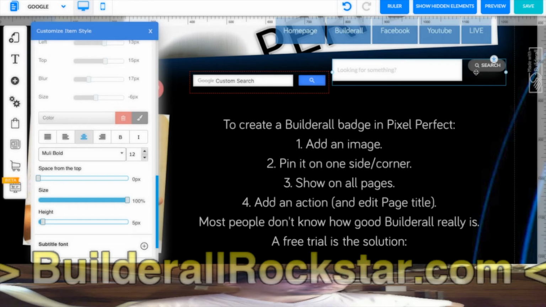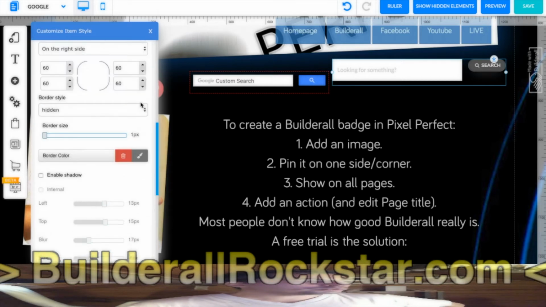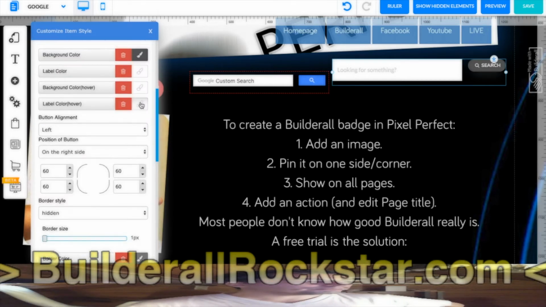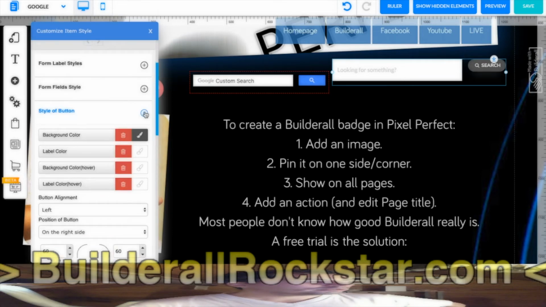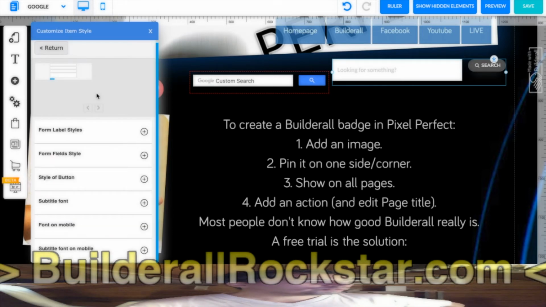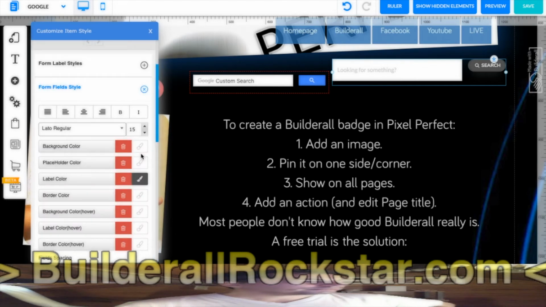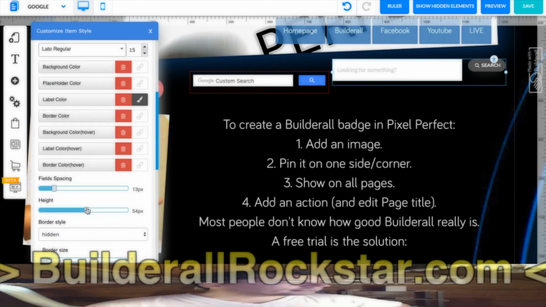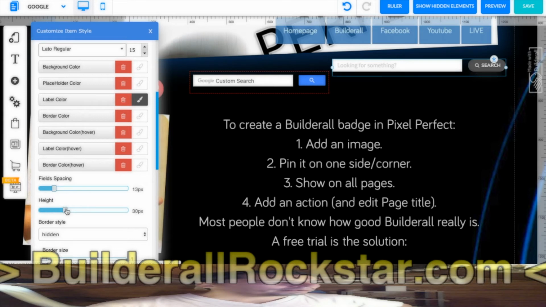So now it's as small as this one. Okay, so it's good. So now I will reduce the height of the field. Form field style. 8. Okay, I think like this, I think it's fine.